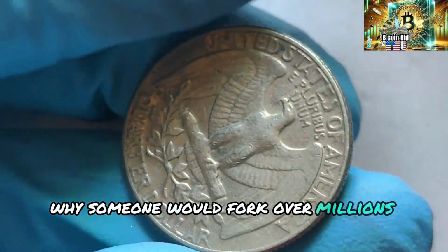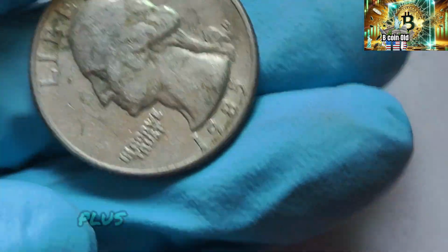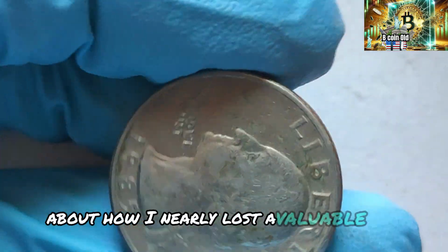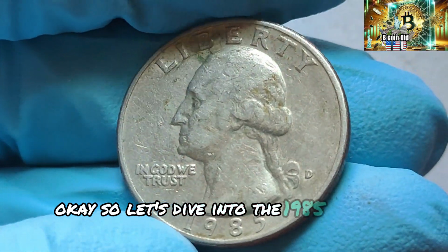But stick around, because I'm going to break down exactly what makes this coin so special, why someone would fork over millions for it, and how you might just strike gold, or rather silver, in your own spare change jar. Plus, I'll share a hilarious story about how I nearly lost a valuable coin down a vending machine. Yup, I'm that person. Okay, so let's dive into the 1985 D